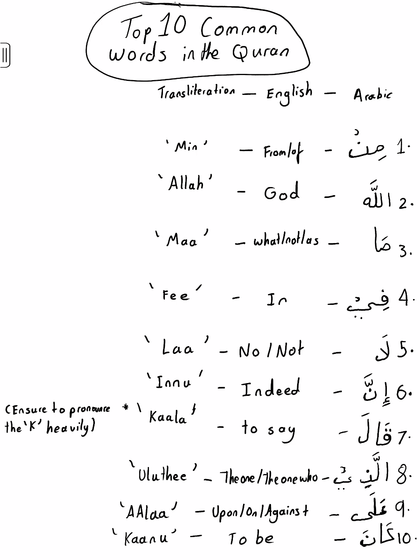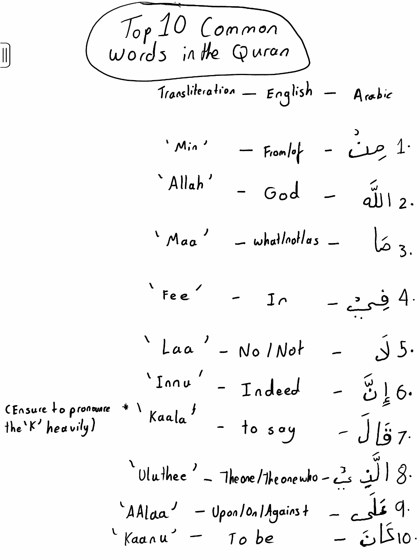Number 3, the word Ma. It's a really versatile word. So it means a couple different things. So we have what, not, and as. The most common two being what or not. So it can be a bit difficult to figure out what it means. In this case, you can best figure out using the rest of the verse. So when you look at the rest of the verse, you can pull from the context and find out what it means.